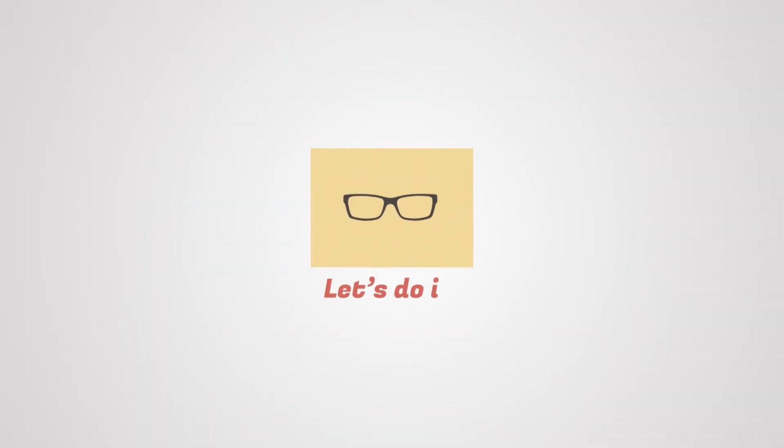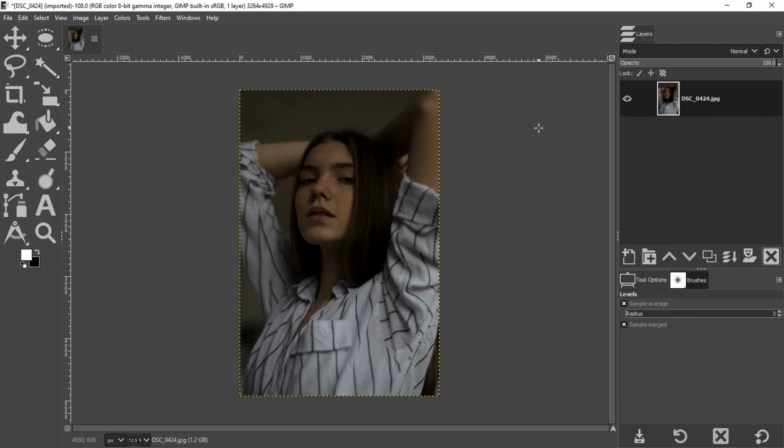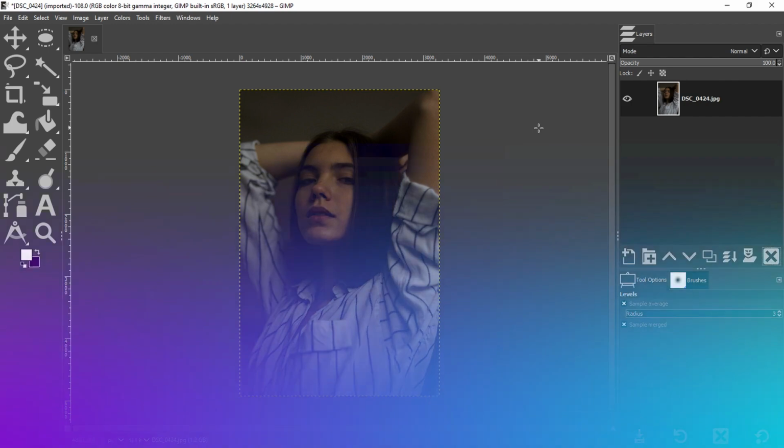This is day 21 of 30 GIMP tutorials, and today's editing challenge is all about fixing underexposed images, and as always, I have some pro tips for achieving awesome results. So here's the image I'm going to use to demonstrate fixing underexposed images in GIMP,